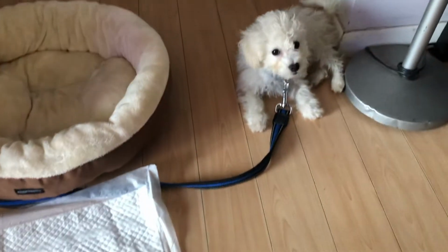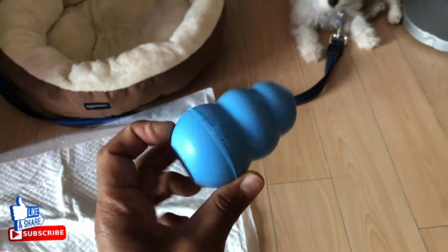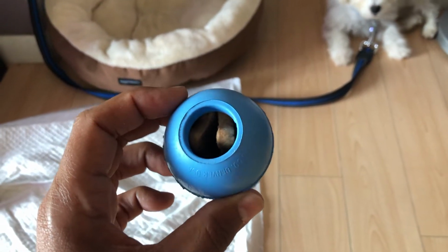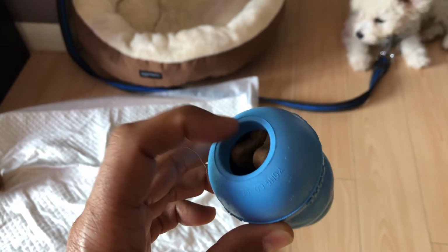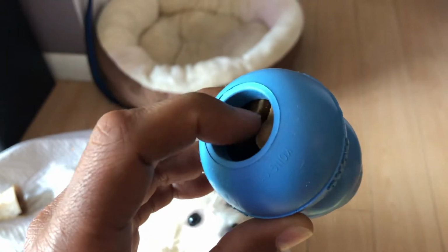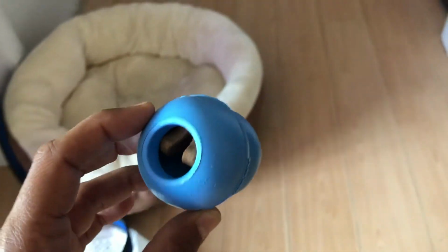Good luck. Practical tip: get a Kong. This is a Kong. Fill the Kong with veterinarian-approved soft treats. Okay? I'm using Milk-Bone soft treats here. Put them in the Kong. Place the Kong wherever you want,